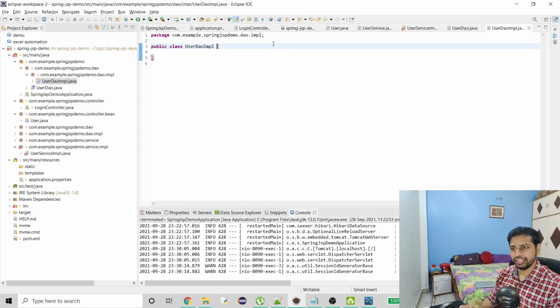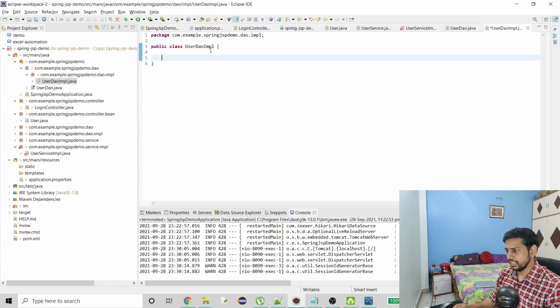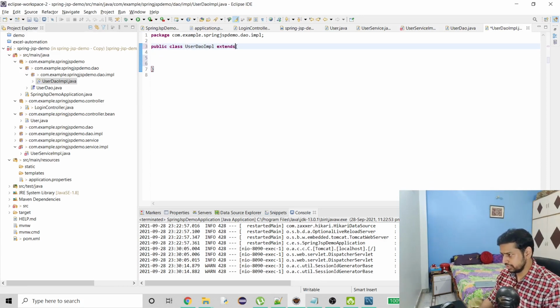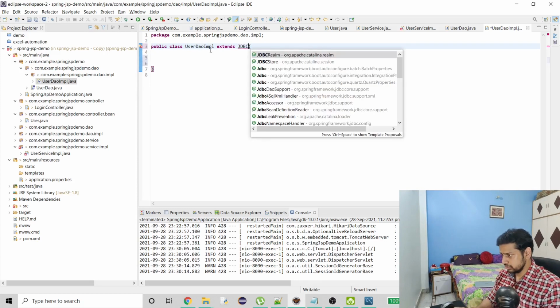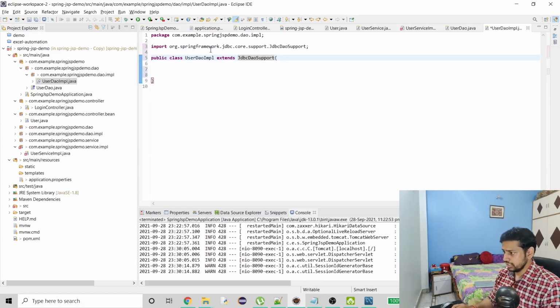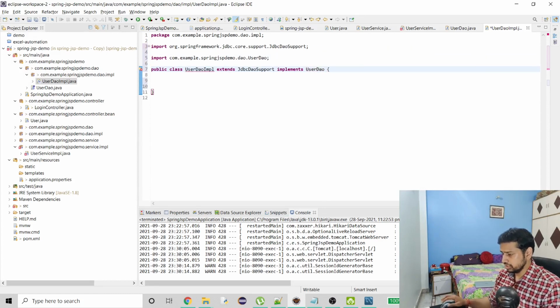There is a particular class that we have to extend along with implementing the interface, and that's why this is going to be the center point, because whatever queries we have to execute, we have to have those in our user DAO, right? So first, let's extend JdbcDaoSupport. Now we have to implement our interface user DAO and import it. Now override.